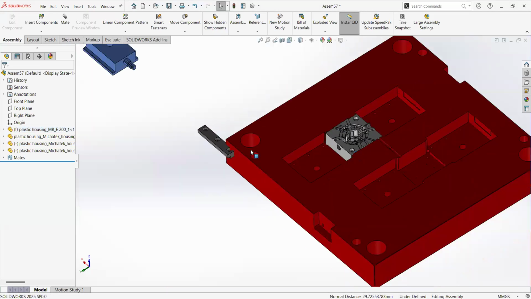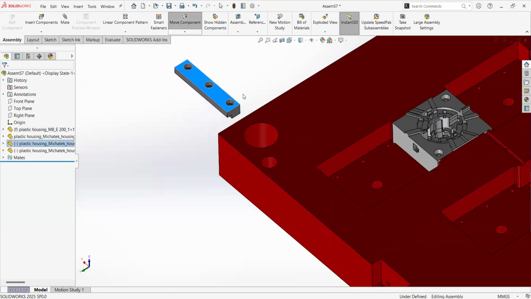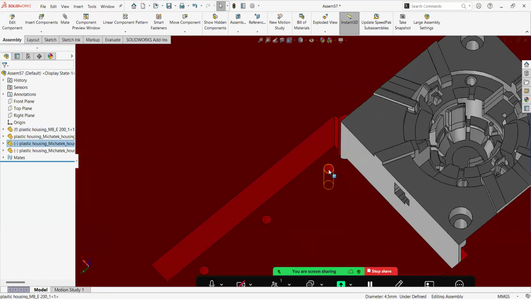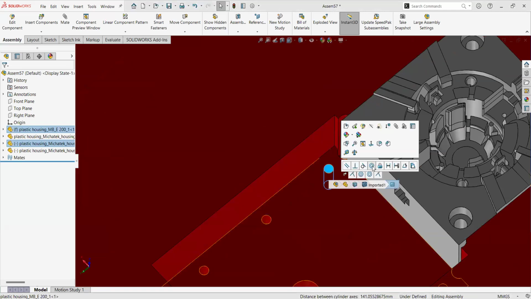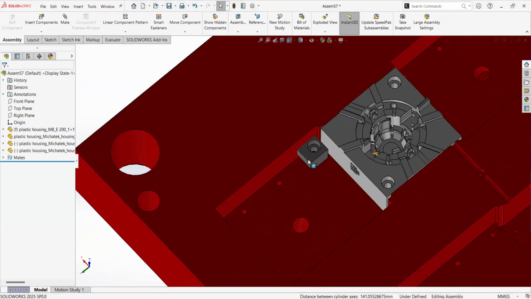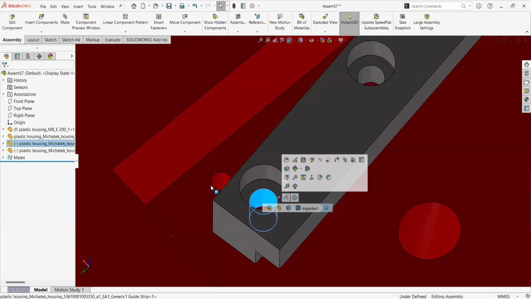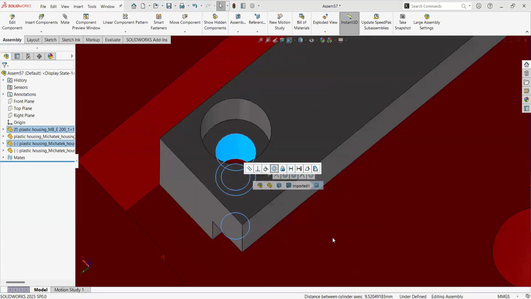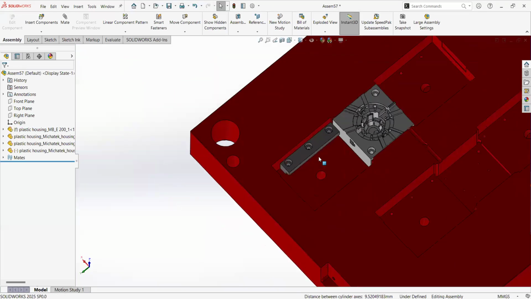So with that, I'm having the coincident, and now I will do the same with two more holes. Let's do it very quickly. Let me rotate this one a little bit. There you go. Okay, so as you saw, it already had 1 degree of freedom, but now it is fully